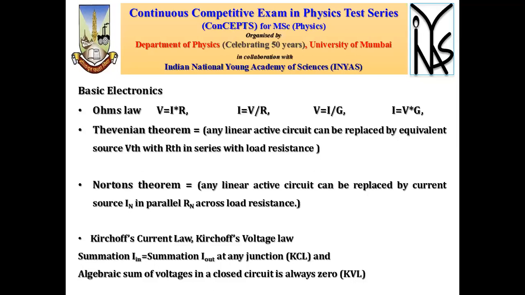So the Ohm's law can be stated as V is equal to I by G, where G is the conductance, which is the reciprocal of the resistance. So 1 upon R is equal to G, or 1 upon G equal to R. So you have to be careful. Sometimes it can be asked, and many of the Thevenin theorem and Norton's theorem problems are based on all these Ohm's law relations. I is equal to, we can also have V star G.